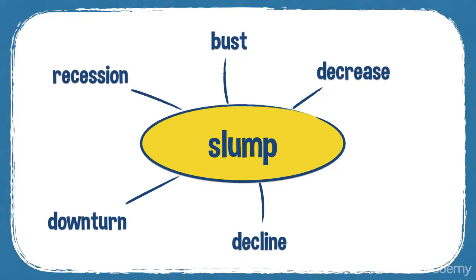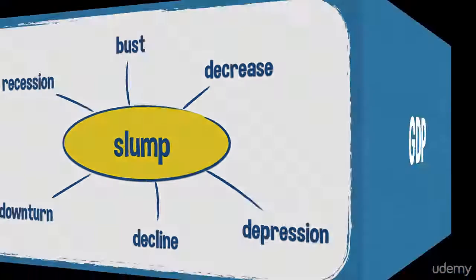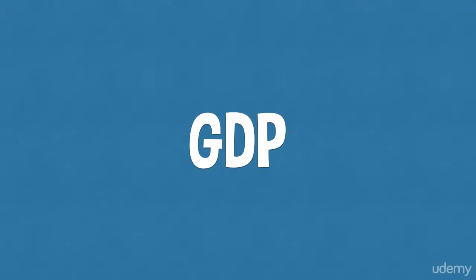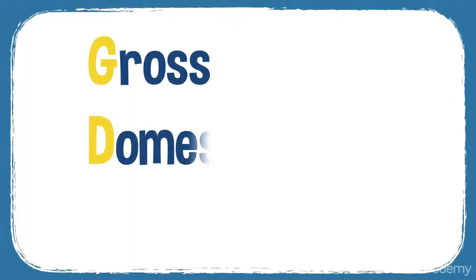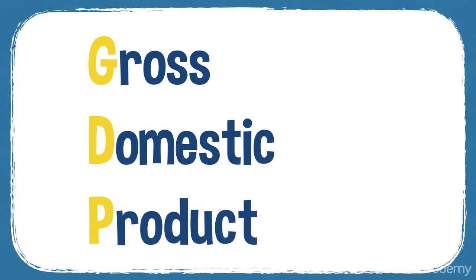recession. A recession is when a country's economy doesn't grow for 3 quarters of the year. And when a recession is really bad and when there is no growth for years, we talk about a depression. So a depression is worse than a recession. A recession is pretty bad. One way we measure whether a country is in a recession is through the GDP of a country. The GDP. And GDP stands for Gross Domestic Product.